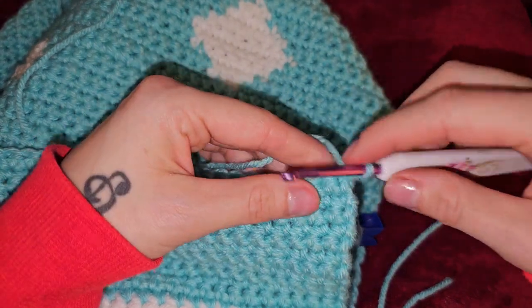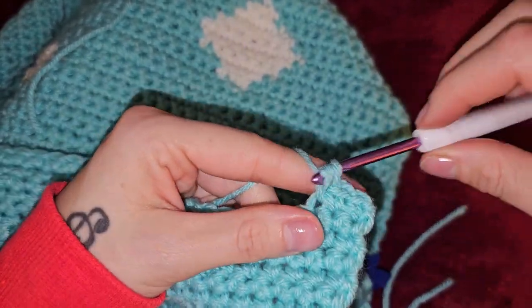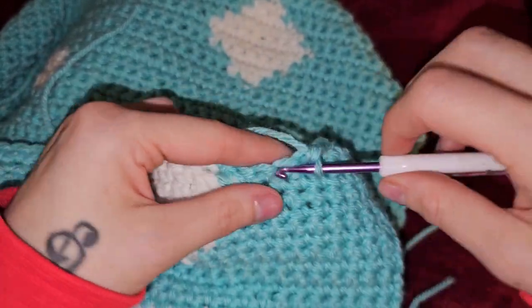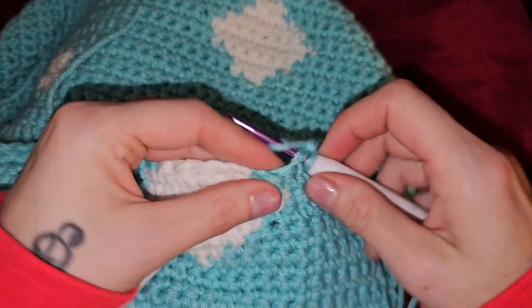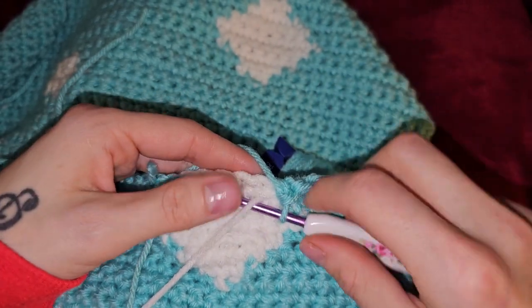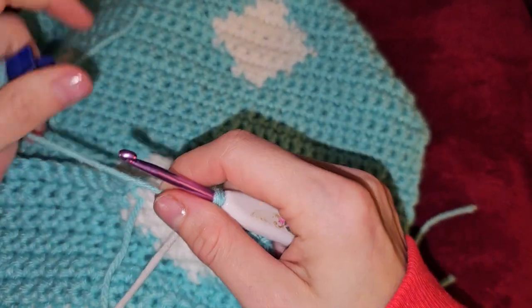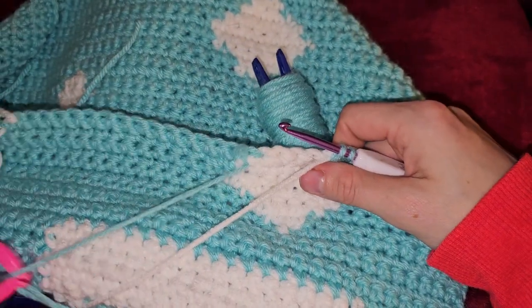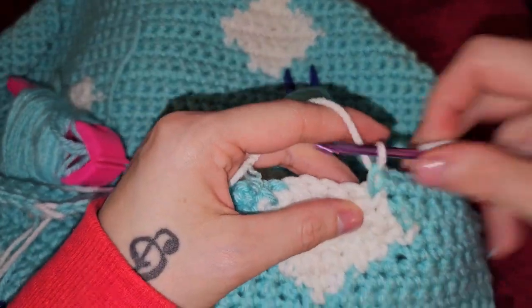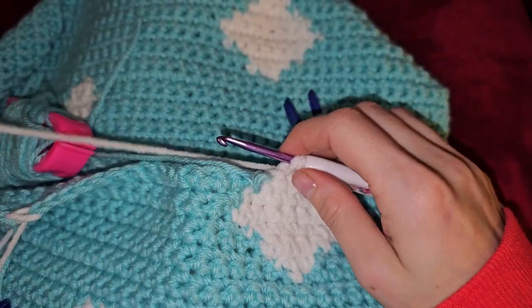So row 55, we're going to do 11 teal. So 2, 3, 4, 5, 6, 7, 8, 9, 10, pick up that white, 11, and do 3 white, 1, 2, 3,